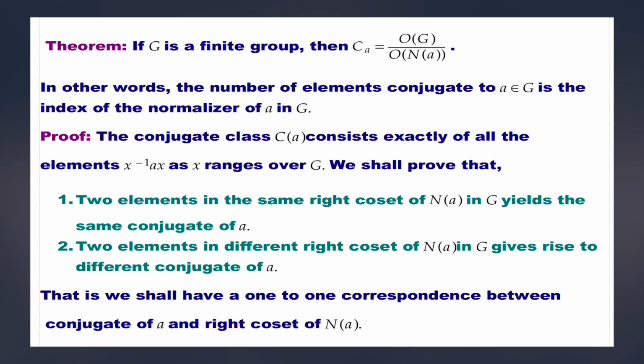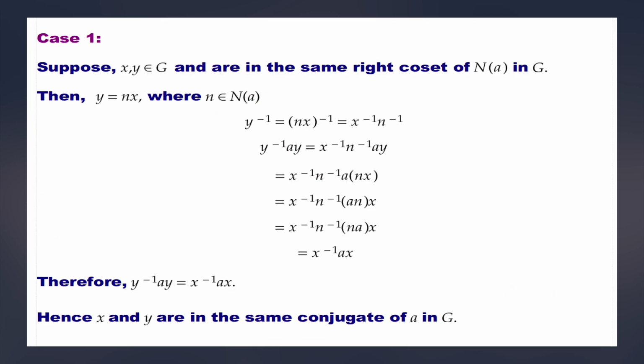We shall prove that two elements in the same right coset of the normalizer of A in G yield the same conjugate of A. Two elements in different right cosets of the normalizer of A in G give rise to different conjugates of A. That is, we shall have a one-to-one correspondence between conjugates of A and right cosets of the normalizer of A. Case 1: suppose x, y belong to G